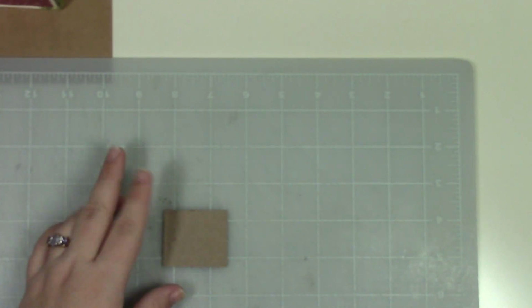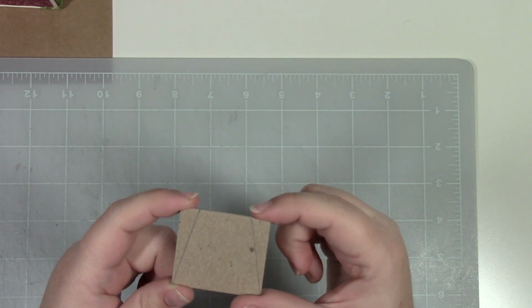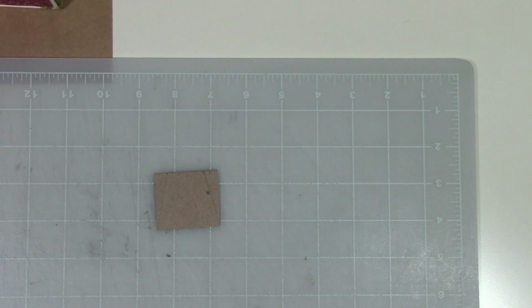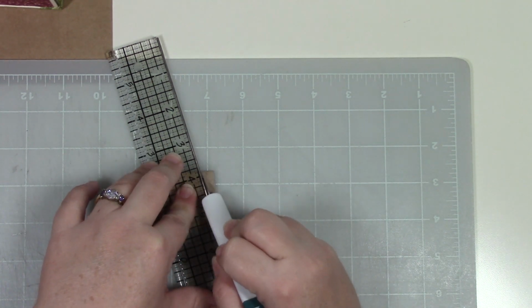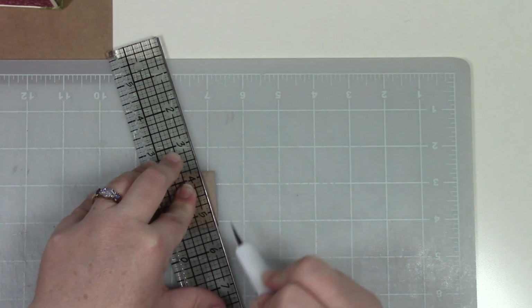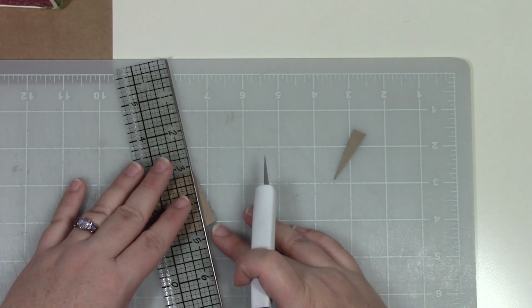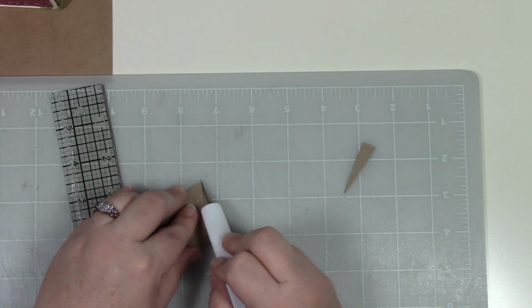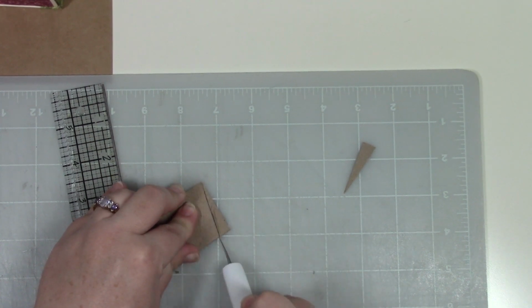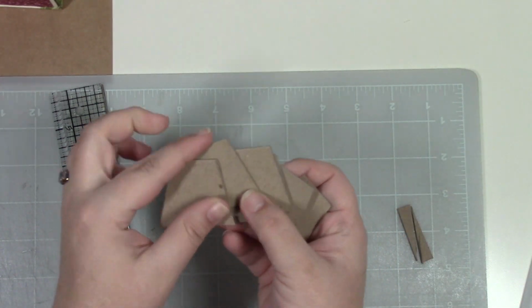Alright, so we need 6 of these little guys for our top portion of the windmill. So I already drew my lines at the top. So we're going to trim them down at an angle. Looking for my ruler. Alright, so then we get 6 of these guys, and then I need to get my hinges,